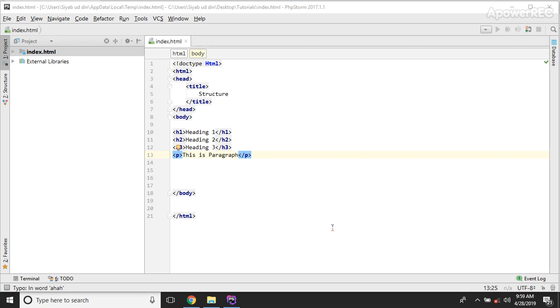Welcome again. Okay guys, in a previous lecture we talked about headings and paragraphs and how we can define the heading and paragraph inside the pages. Today we're talking about styles, because headings and paragraphs will look more attractive when